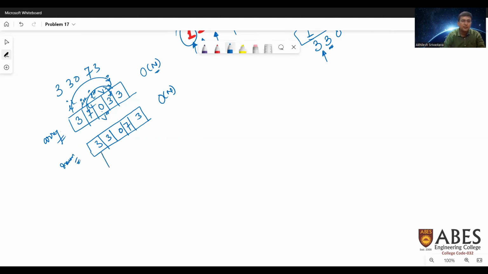After reversing it, we will start our processing from the first digit, and we'll see if this first digit is less than 9. If this digit is less than 9, then I will change this digit to 9. So let's do the processing one by one. I have observed that the first digit here is 3, so I'm replacing this with 9. Then I will move, let's say this is the i pointer, to the next step and we'll see if this is